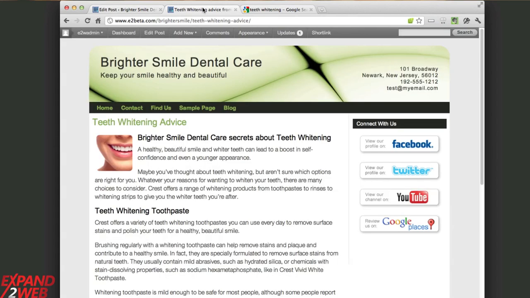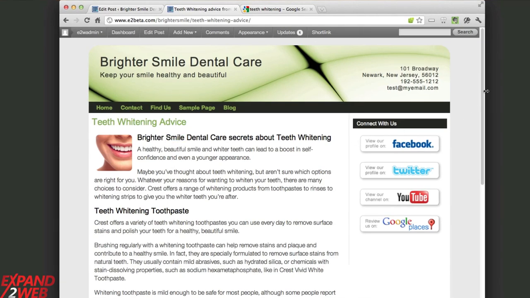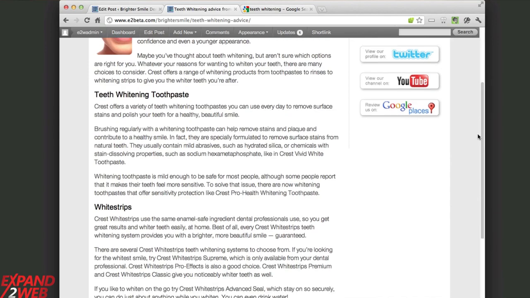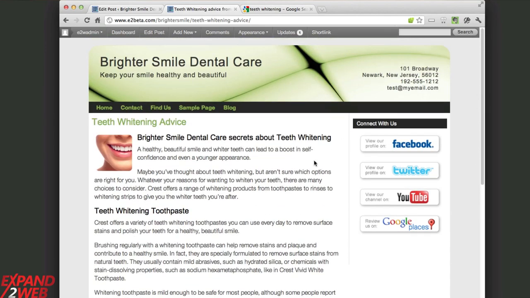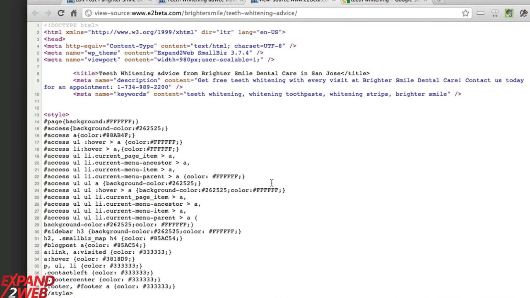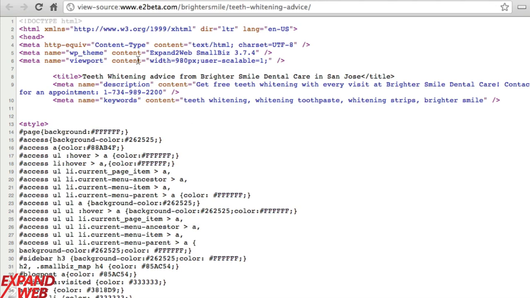So if I go to the web page here, you're going to see that all this stuff shows up that we just covered, but the title tag and the meta description do not show up in here. I'm going to show you how they appear. They're in the code behind the scenes. So if I look at the code for this page,